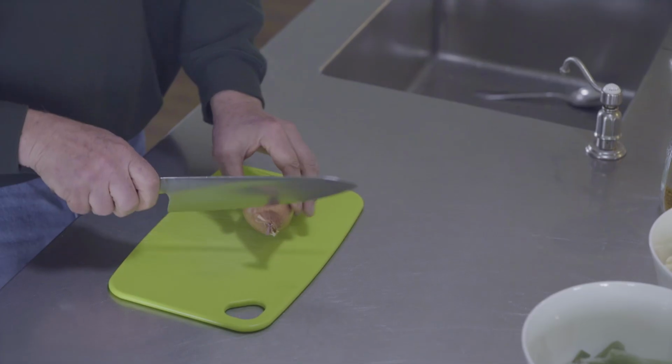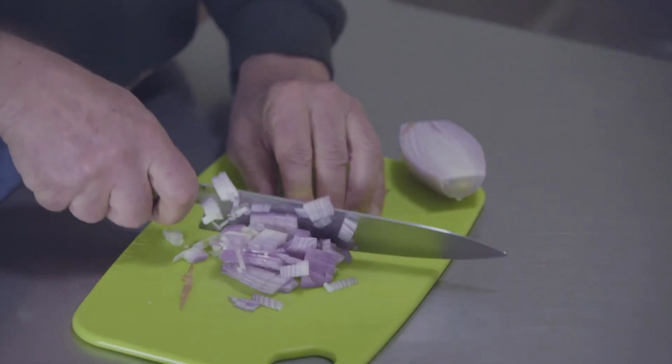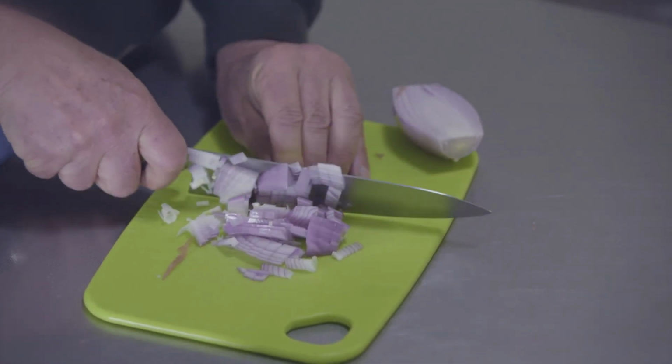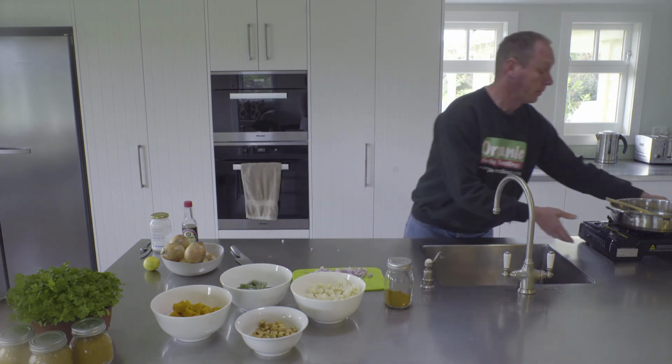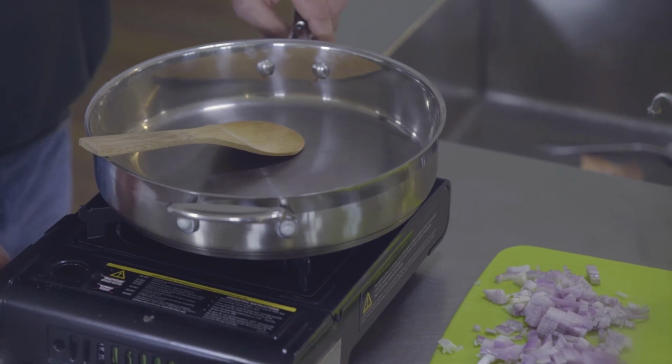Now the basis of any curry is to have a good shallot or onion to start with, so we'll chop those up. It's best to get them chopped up as fine as possible. You can also add a bit of garlic if you like the garlic flavour with it as well. So what we're going to do now is grab our saucepan which made the spice in, turn it on again,